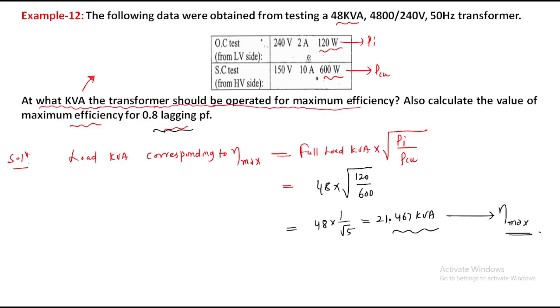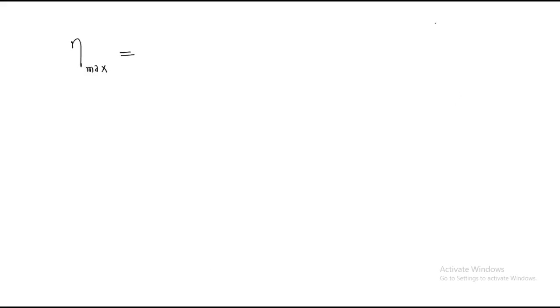This much kVA is required to get maximum efficiency, which is E2I2, right? Then x equals square root of Pi by PCU. What is the fraction of x? It equals 1 by root 5, which equals